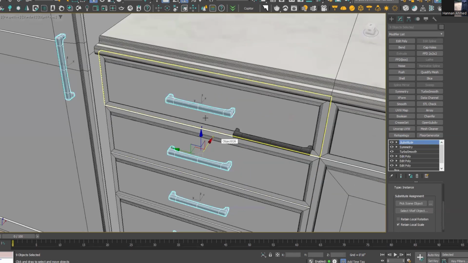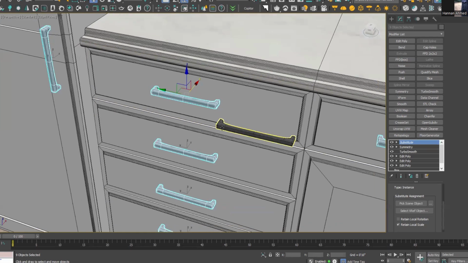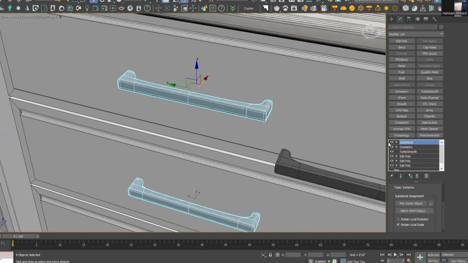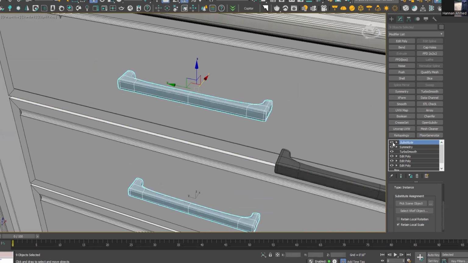The difference in these two methods is that in the first method you cannot go back to the older version, but the best thing about applying a modifier is that you can easily go back to the original state. So if I just hide this Substitute modifier, you can see the older version is still there. It's just replacing the newer version with the